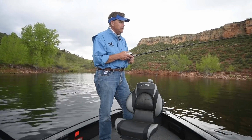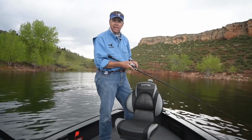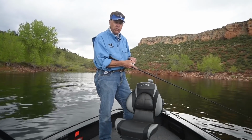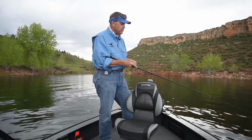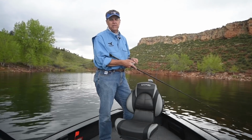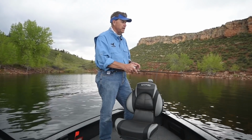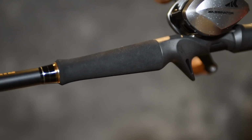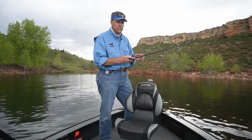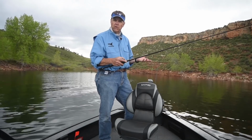Just like that, you're ready to go in just seconds, and now it's going to cast exactly like a normal 1 or 2 piece performance rod. It's very convenient, very easy. You know, there are 14 different models in the Blackhawk II telescopic or soloscopic rod design, both spinning and casting models. There's a rod here for just about any kind of fishing in both freshwater and even some inshore saltwater light